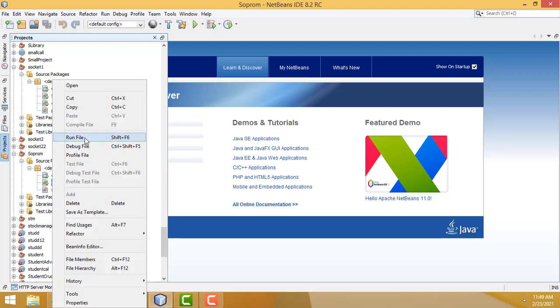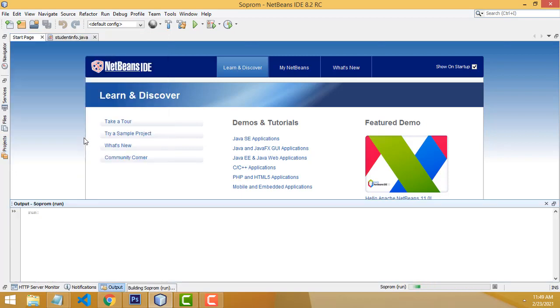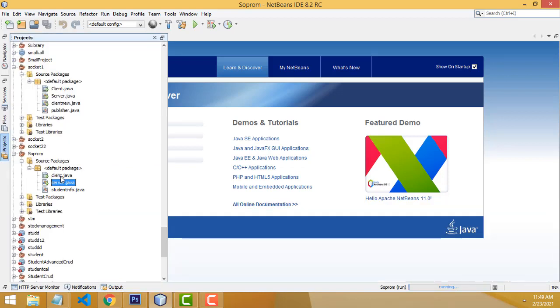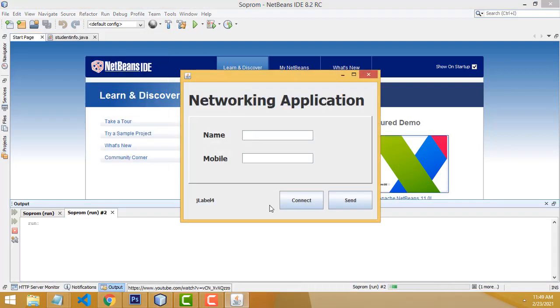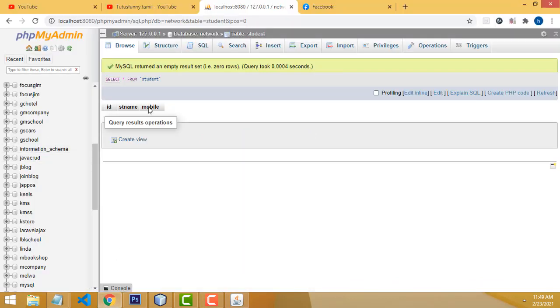Right click, run file. The server is ready. Now the client can make the request to the server. So how to make the request? Right click, run file. This is a simple application. I have created a database called network,